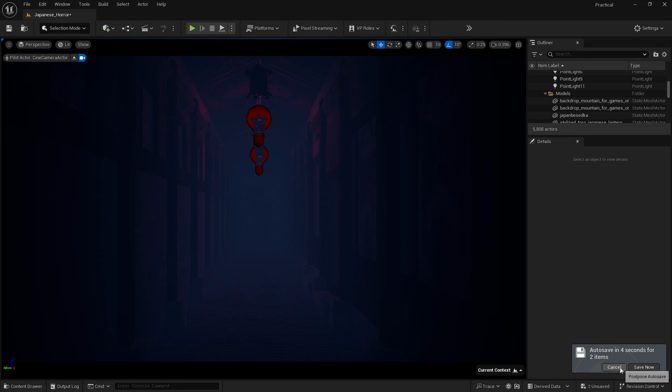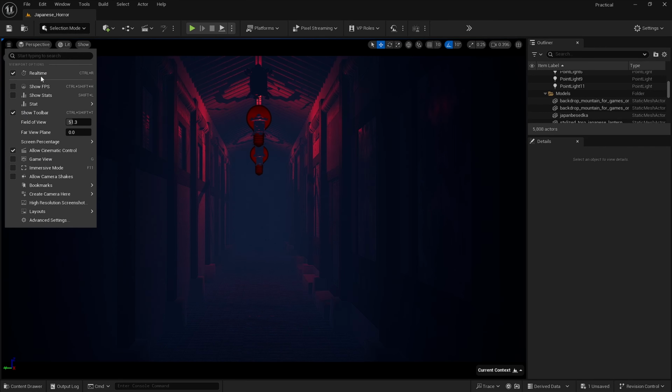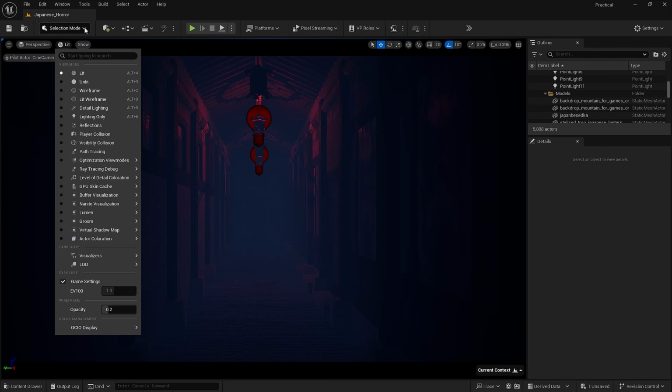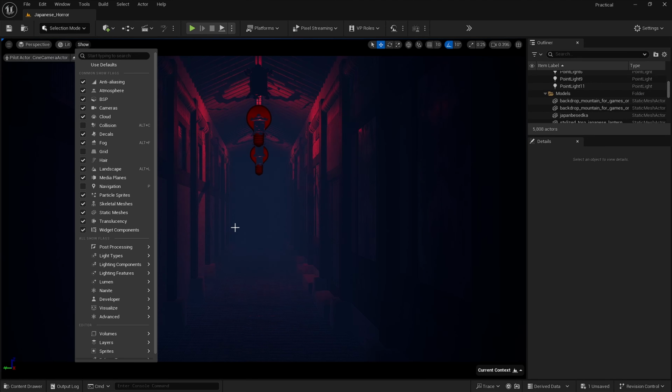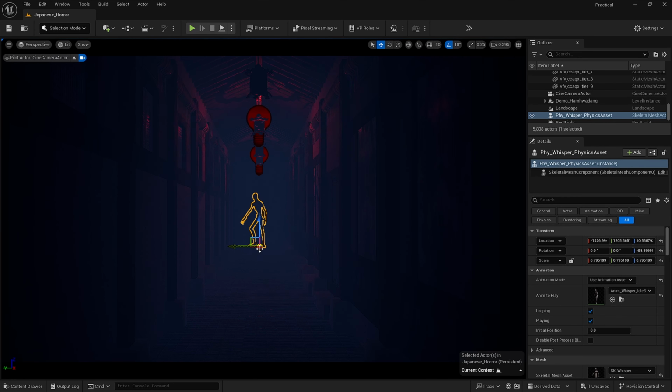So logically, not all lamps are red. I've added a lot of red lights into this world. So what I'm going to do is change these lights and turn them into natural yellow lights, because we're going to see the difference between red lighting in there and then yellow lighting. But first, before we do that, I am going to bring the creature